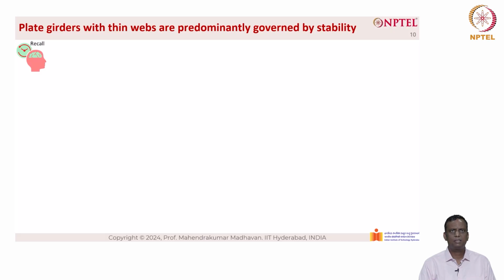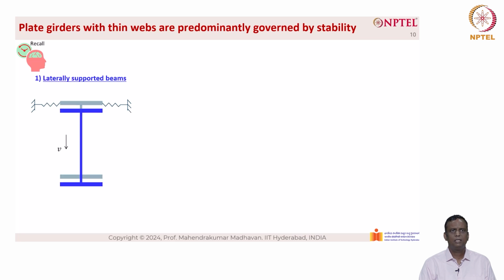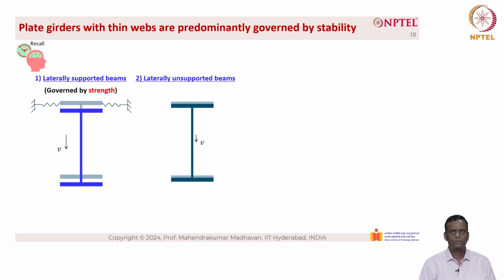So plate girders with thin webs are predominantly governed by stability. Let's recall the difference between a laterally unsupported beam and a laterally supported beam. So a laterally supported beam is basically supported at the compression flange on both sides. So they go through vertical displacement and it is governed by strength. Laterally unsupported beams basically are not supported, so they go through a displacement vertically, which is V. They also go through a lateral displacement U, and they also twist, which is gamma, and this is governed by